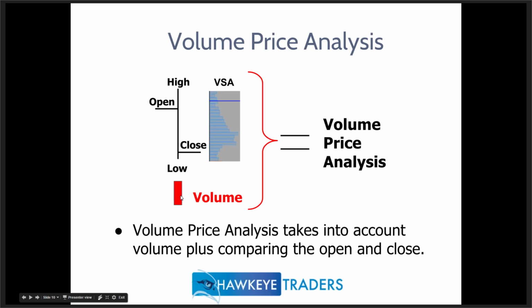So when you see a red volume bar, we've taken all the hard work out of it and made it very simple for you to see: red volume is telling me I've got aggressive sellers in this market, and I need to be looking to the short side. Or if it's green, I have aggressive buyers in this market, and I'd be trading based upon that. We also have another color that's white. Hawkeye volume shows a white color that shows neutral volume.